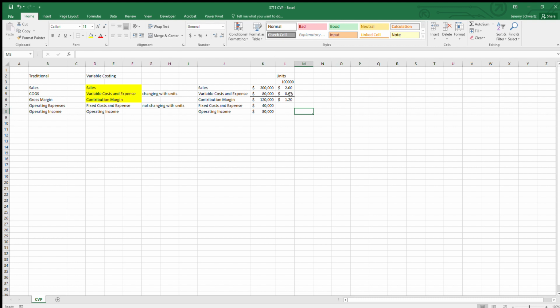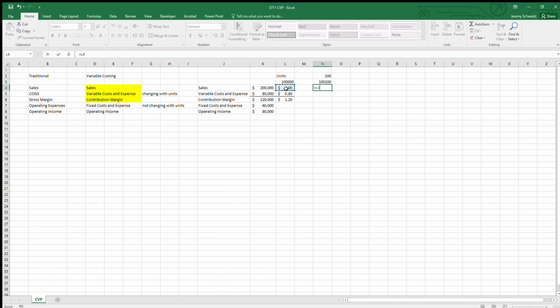So if we wanted to construct different projections for these financial statements, one thing that we could do is recast this. So for instance, if we change this by say 100 units, so we'll just say 100 units here, so then we would have 100,000 plus 100 units. So then when we would project the income statement, then